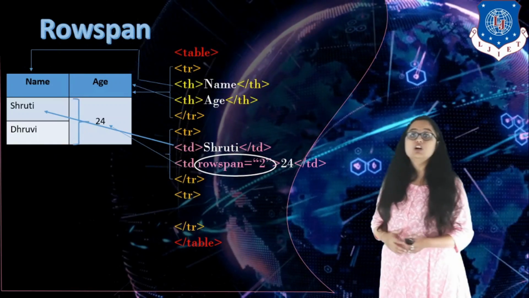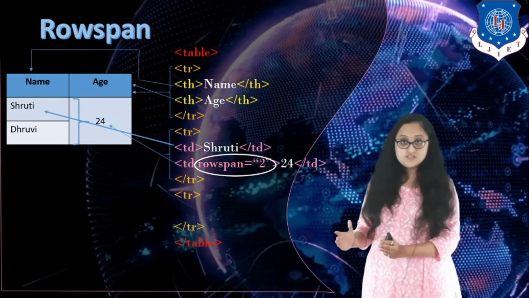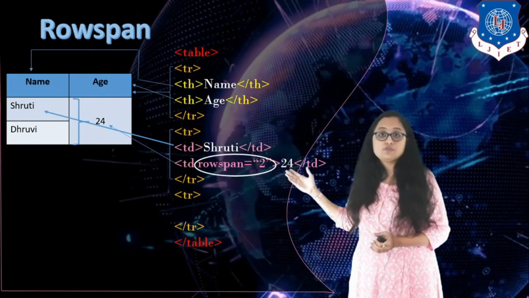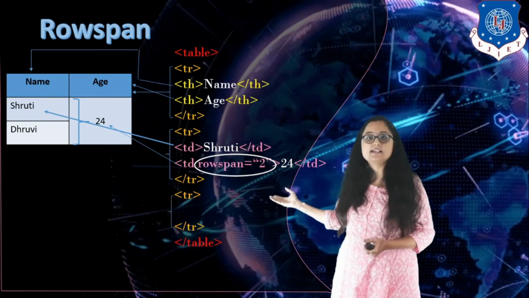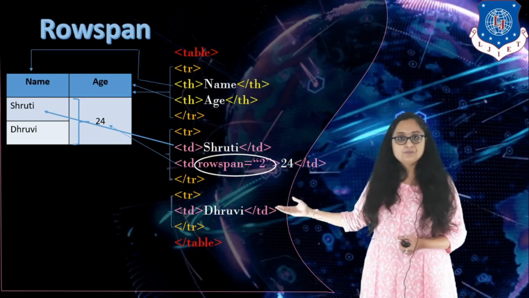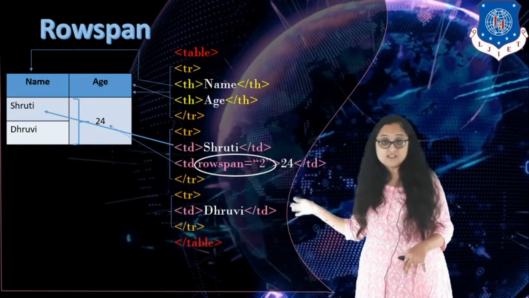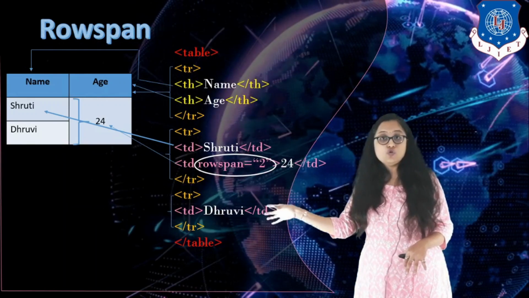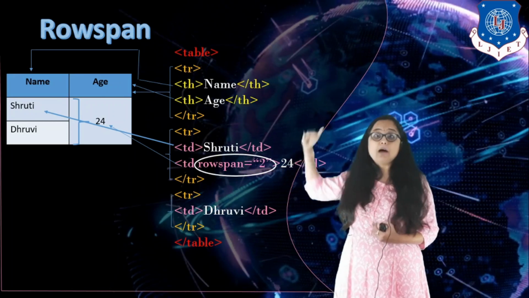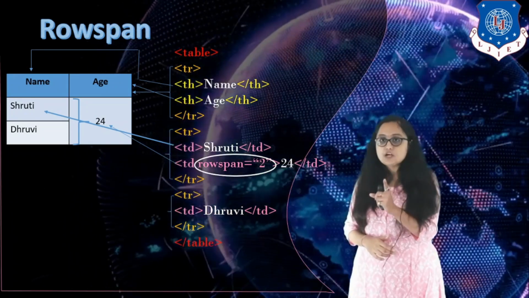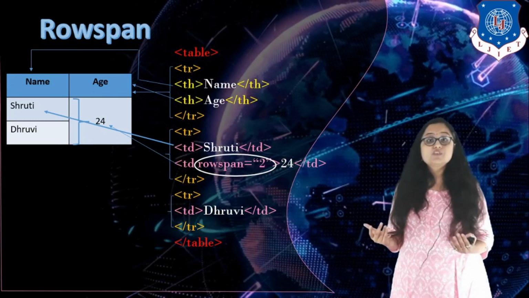Now comes the third row. You can see in the third row there are 2 columns, but the first column or first cell has data which is normal. So I write it as it is, that is TD, and you write Dhruvi, right? So I know that I have to write this TD, that is, I have to specify the table data and the value of that table data. Now what about this 24? This is a part of the third row. Yes, it is, but will you specify it over here? No.